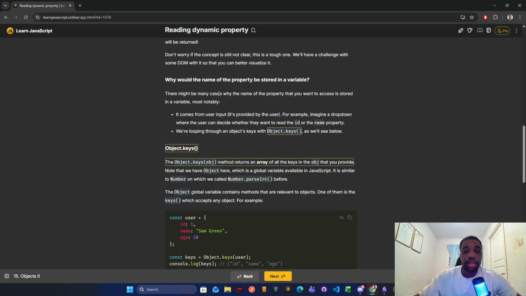So why would the name of the property be stored in a variable? There might be many cases where the name of the property that you want to access is stored in a variable. Most notably, it comes from user input. It's provided by the user. For example, imagine a drop down where the user can decide whether they want to read the ID or the name property. We're looping through an object's keys with Object.keys,